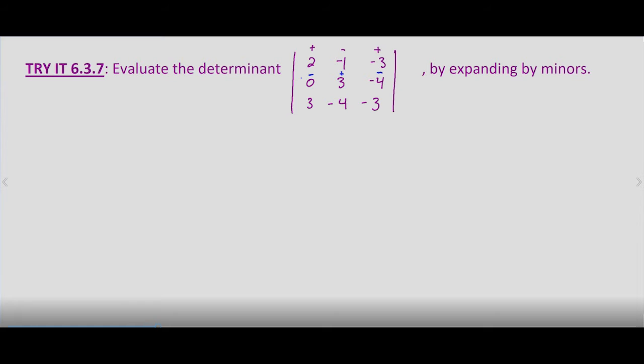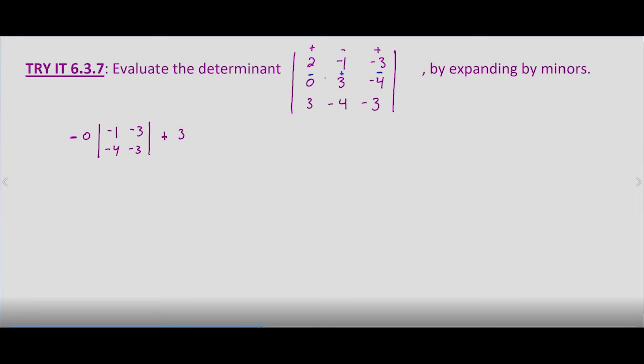So we're going to look at 0. In this case, it would be negative 0, but negative 0 is just 0. I'll go ahead and write the negative so we don't forget what sign we're supposed to be using. But negative 0 times its minor, which if we eliminate the row and column, that leaves us with negative 1, negative 3, negative 4, negative 3. It's not going to matter because we're multiplying by 0, but just so we know how we're supposed to write that out. And then plus, and then the 3